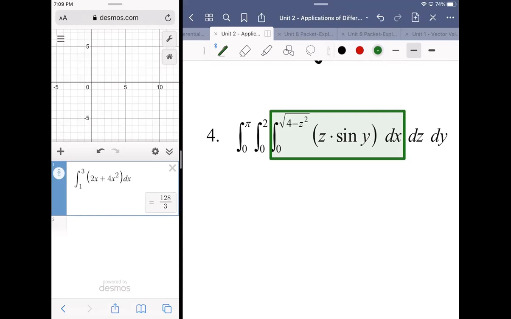That actually simplifies the problem a great deal, because the absence of the x is telling us that this whole expression, no matter how hideous it is, might as well just be a 2. I mean, it's a constant. We're treating it as a constant. So it's going to be z times the sine of y